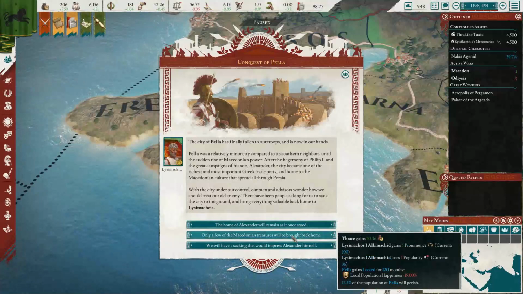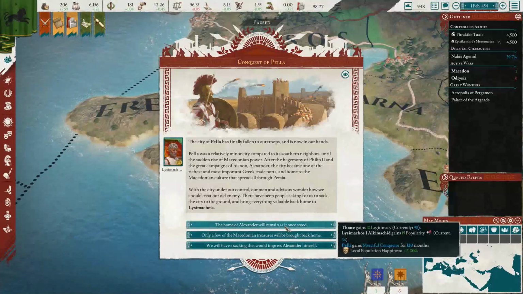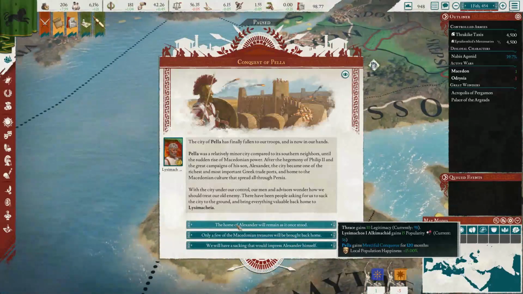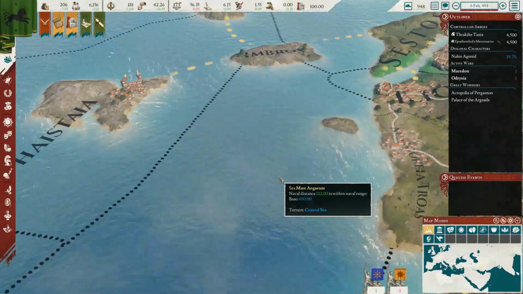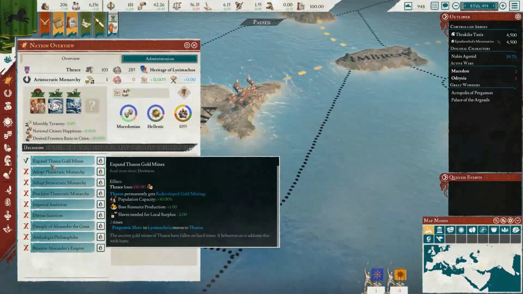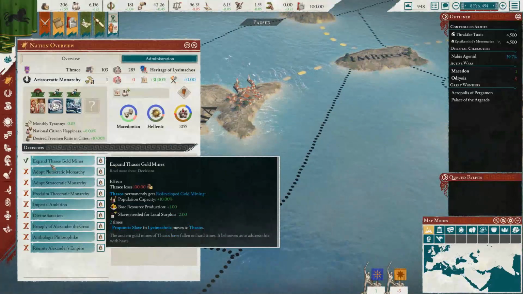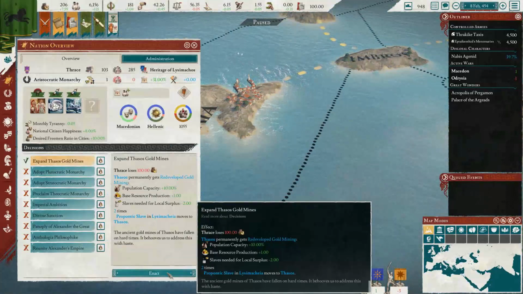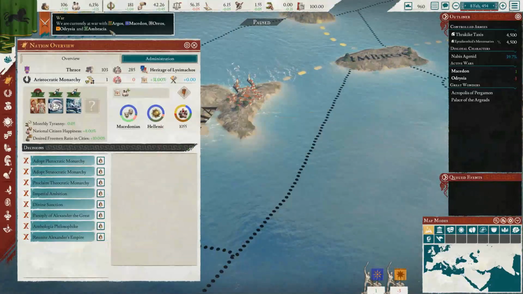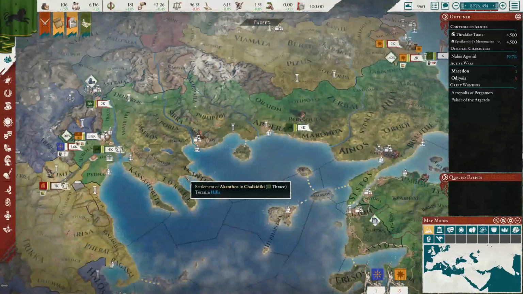I don't really want to sack it. I mean, they're Macedonian populations, and we're Macedonian. I mean, we would get a bunch of money, but we're not exactly hurting for money right this second. So we're going to go ahead and take that. Boom. All right, let's pause here, and I think we can afford to go ahead and expand these mines for extra population capacity, base resource production, and a reduction in the slaves needed to produce a local surplus. All right, boom. Did that, cost 100 gold. It's fine. We still have 100 gold, and we're making money. We're making over 7.5 per month,